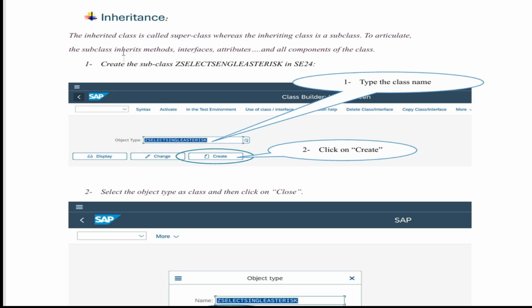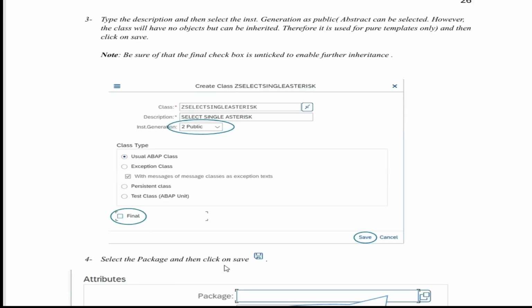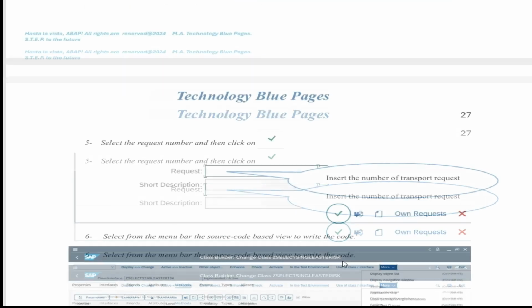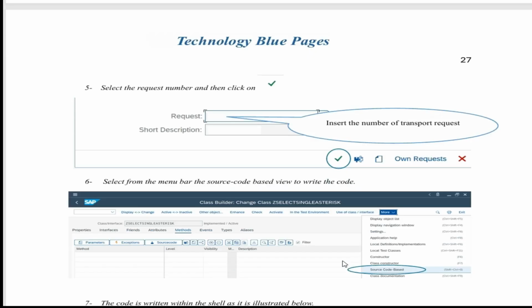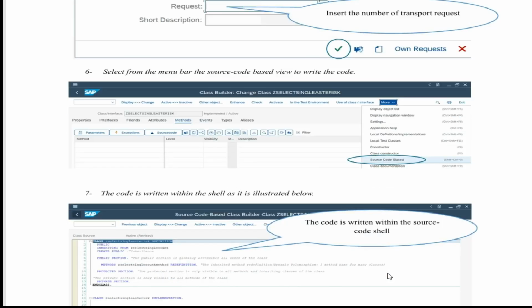Now we're going to create the subclass. Same way as E24, we create the subclass, class name, then we click on create, type is class, same steps, we select public access by all. Here we untick final indicator, click on save, select the package and the transport request. Then we select from the menu bar the code. Here the code is written as we saw before,